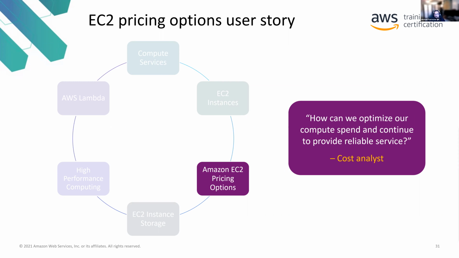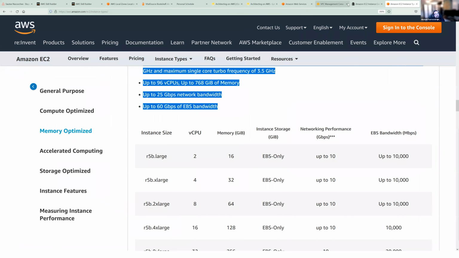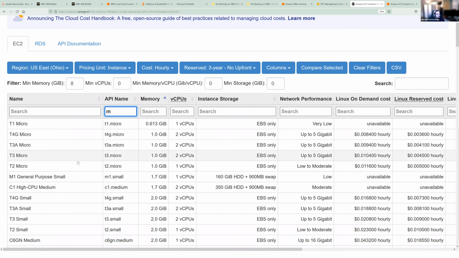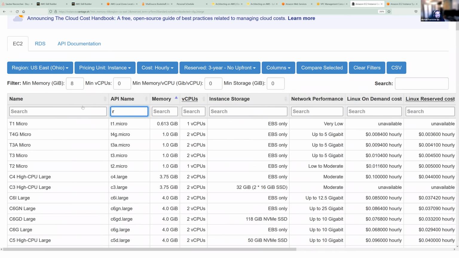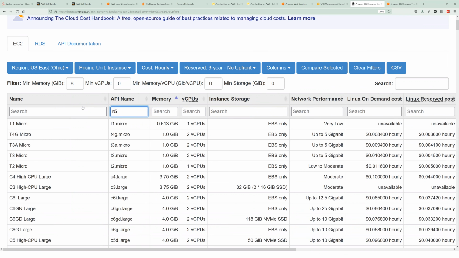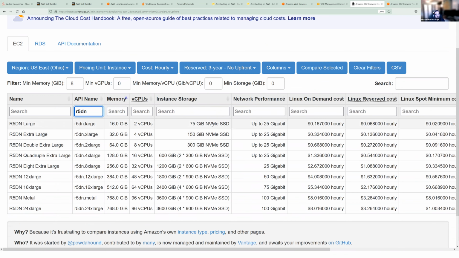As a matter of fact, if you look at EC2instances.info, you'll notice, for example, that this class of systems is all EBS only. If we look down here, what were you looking at? Was it the R5DN? Yep. Notice that these all have NVMe hard drives attached to them, but you don't have to use them. It's recommended that you don't use them unless you just need a scratch volume or a temp table, or you're doing some kind of vast batch processing.